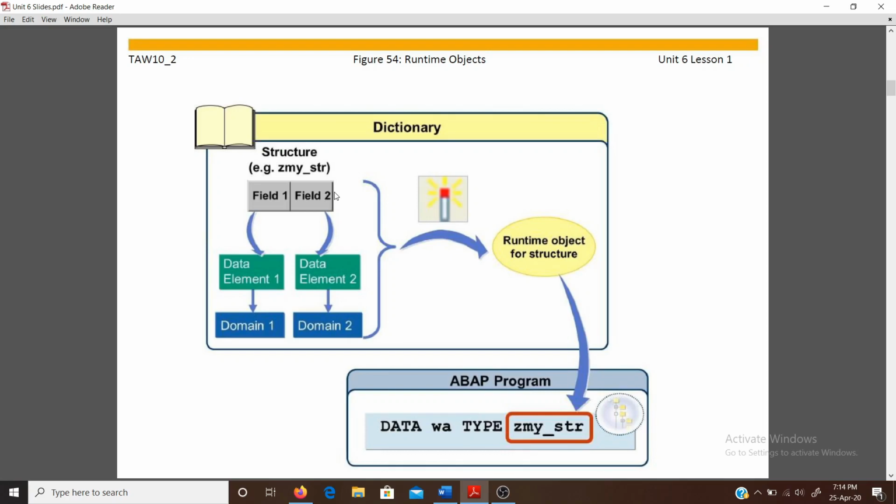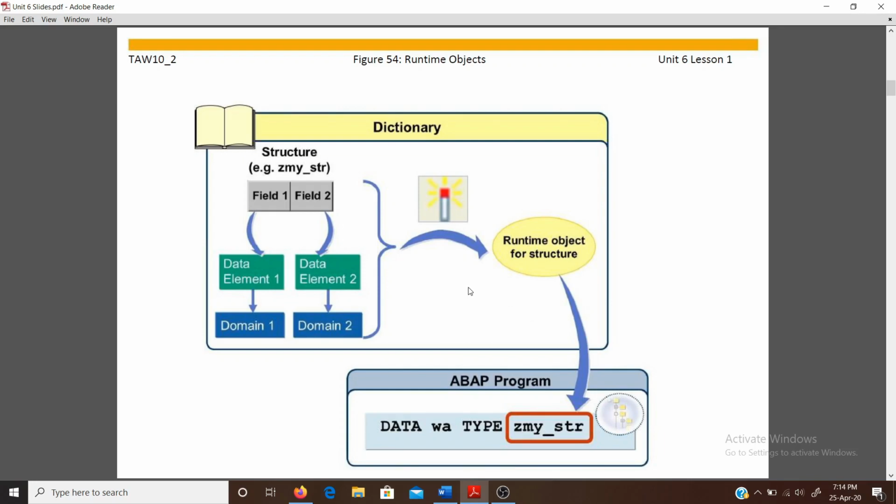The runtime object has the following information. The first is information about the overall structure, for example, the number of fields. Second, information about the individual structure fields, such as field name, position, etc. Third is information required by the DB interface to access the table data, such as client dependency, buffering, key field, and so on.